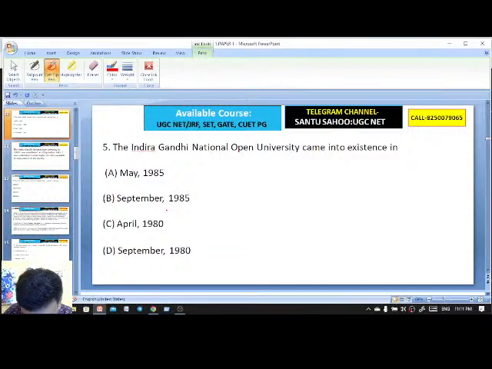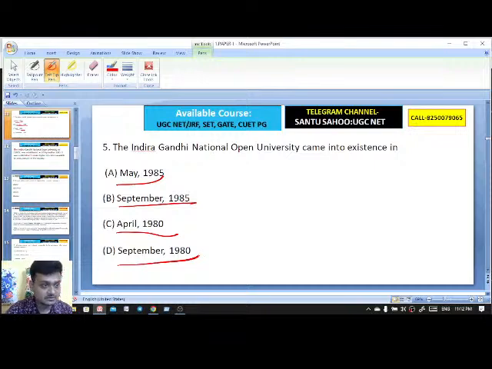The Indira Gandhi National Open University (IGNOU) came into existence in May 1985, September 1985, April 1980, or September 1980. IGNOU came into existence in 1985.